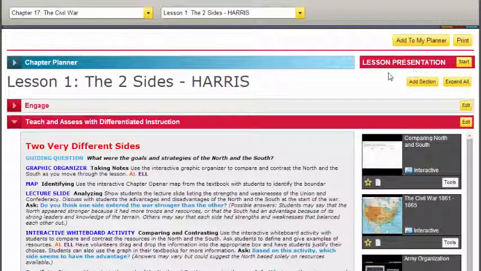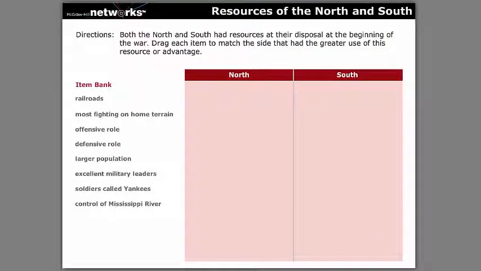So right here next to Lesson Presentation, if I click Start, this is going to provide me with my lesson presentation to actually teach this lesson. And I can scroll through. This is actually a video for Lesson 1, so I would be able to embed that video here through my lesson presentations. Also through lesson presentations, you have different interactive whiteboard activities, really giving students the opportunity to use the